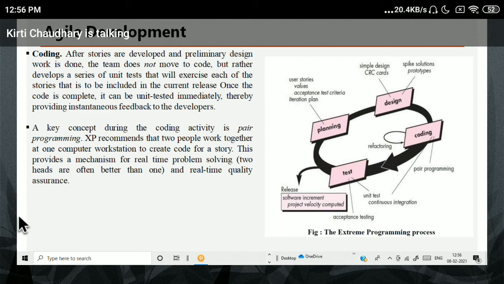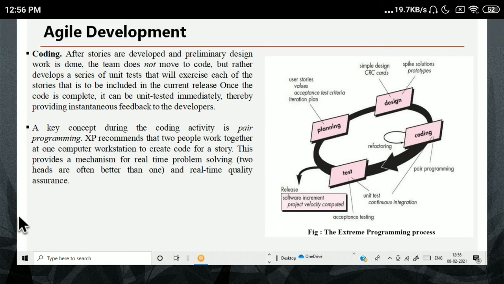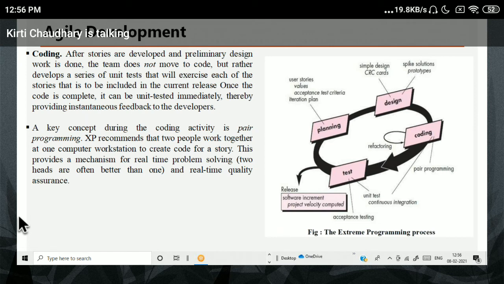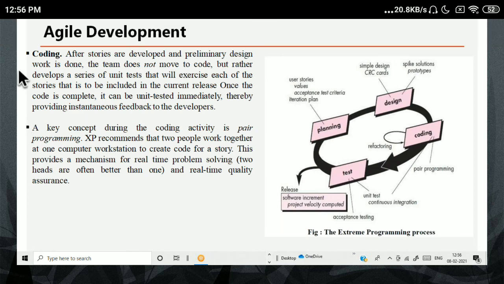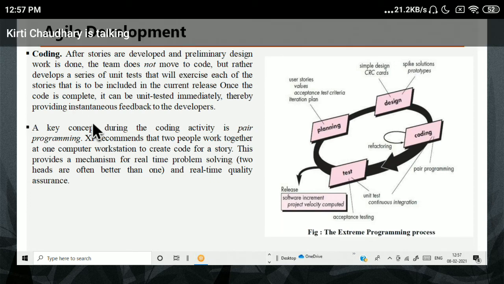The user has already specified what output they want, and according to that, the unit test is performed. Unit testing will be performed, and then you will start doing coding. That is in your XP